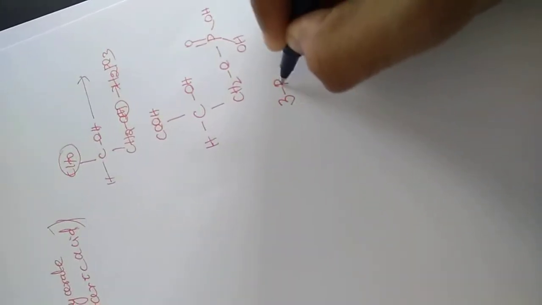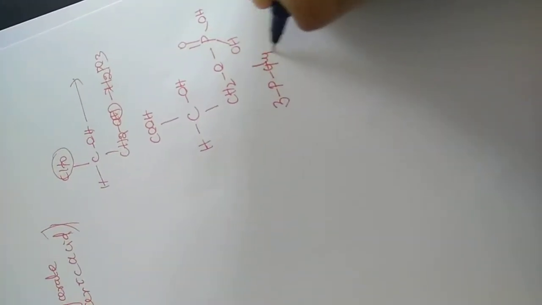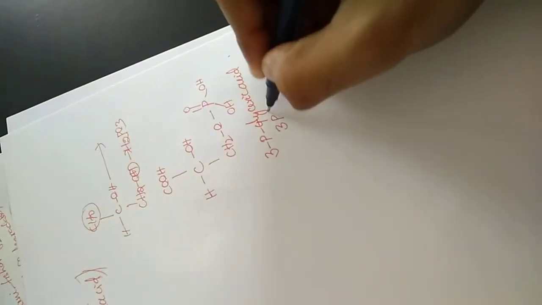So this is the structure of 3-phosphoglyceric acid. This is one of the intermediates. This is called 3-PGA. There's another name for this. So what happens next is that this 3-PGA